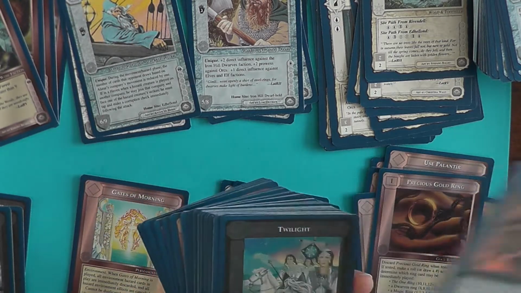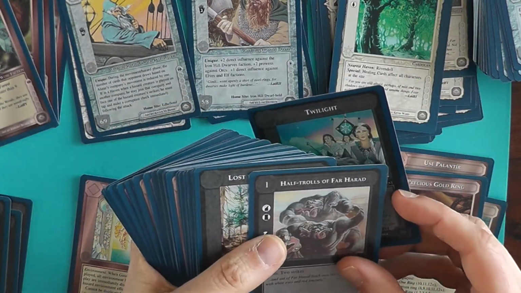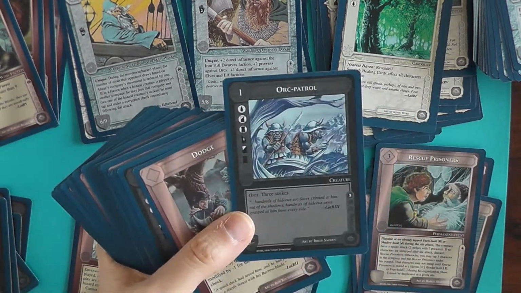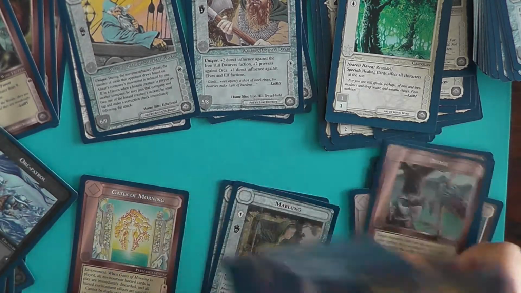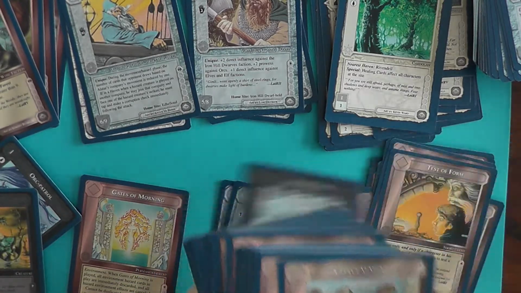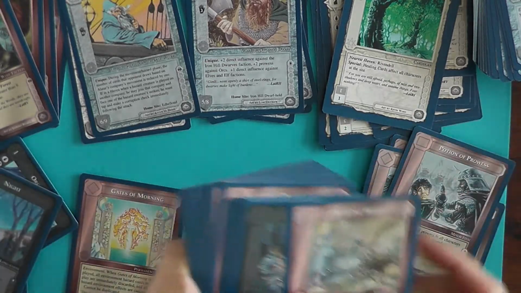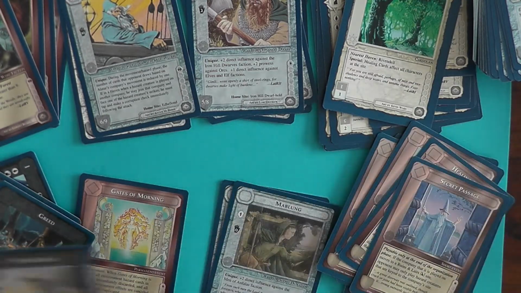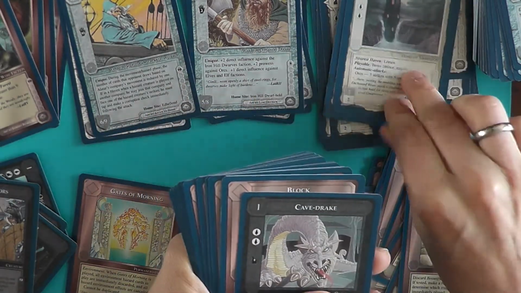Precious Gold Ring, Foul Fumes, Twilight, Old Forest, Half Trolls of Faharad, Lost in Shadowlands, Rescue Prisoners, Orc Patrol, Dodge, Ghouls, Lost in Free Domains, Test of Form, Fell Winter, Concealment, a very good card, Potion of Prowess, Knight, Healing Herbs again, Greed, Giant, Secret Password, Orc Warriors, Beautiful Gold Ring, Saren Gorywing, Cave Drake,